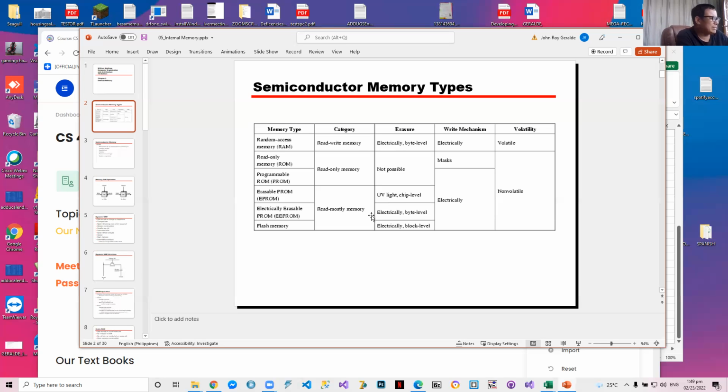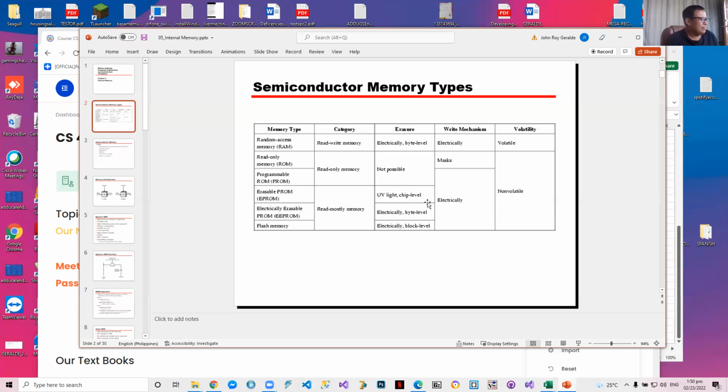A flash memory is actually an electrically erasable ROM initially, no. It's made of semiconductors, no? So a PROM, okay, a ROM erasure is not possible, no. Even a PROM, erasure is not possible, no. In an erasable PROM,